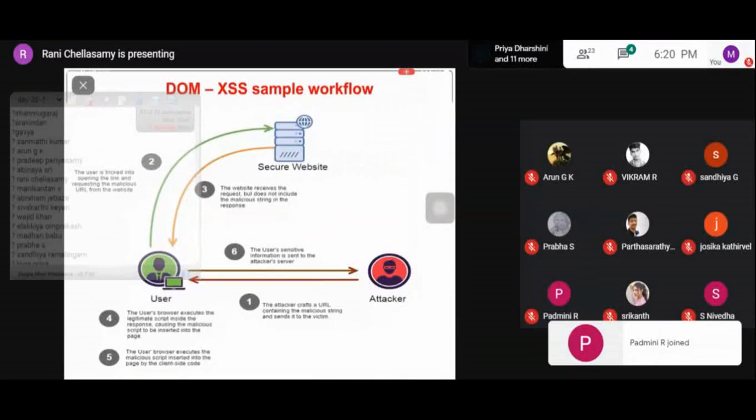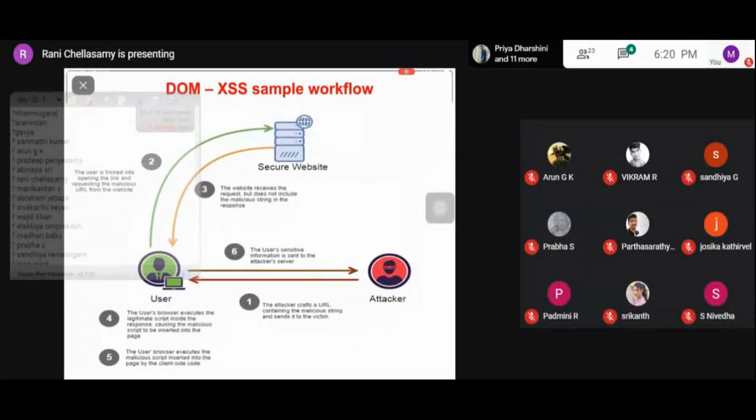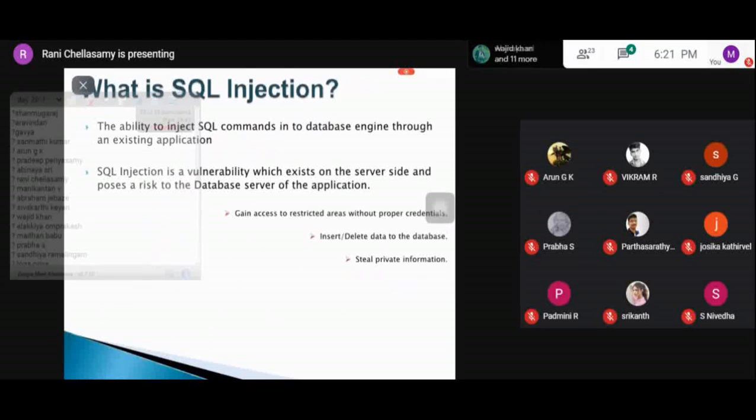The website receives this particular request sent by the user, and it does not include the malicious string in the response. Then in the fourth step, the user's browser executes the legitimate script, and the malicious script gets inserted into the web page by the client-side code.